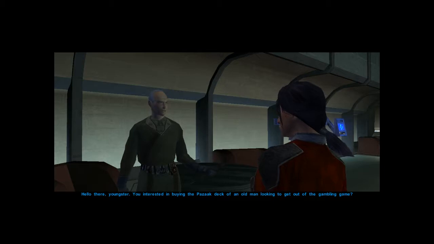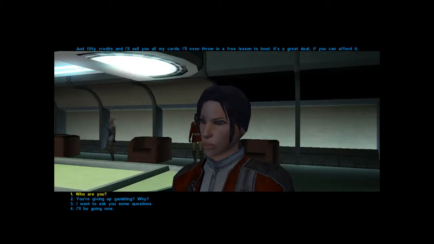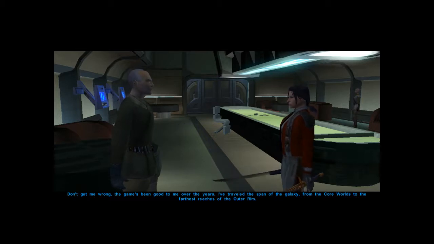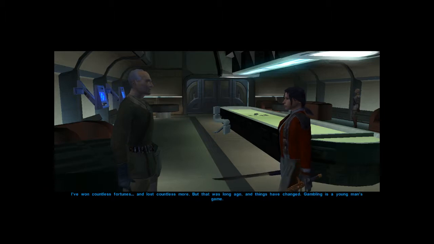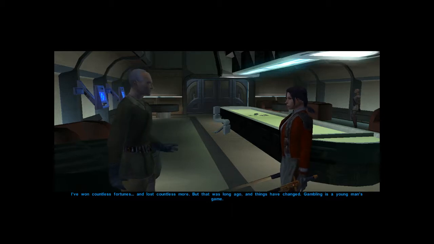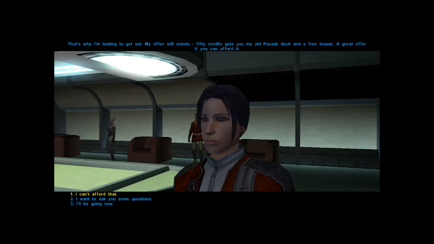Hello there, youngster. You interested in buying the Pazak deck of an old man looking to get out of the gambling game? Just 50 credits and I'll sell you all my cards. I'll even throw in a free lesson to boot. It's a great deal, if you can afford it. I don't think we can afford it, unfortunately. Don't get me wrong. The game's been good to me over the years. I've traveled the span of the galaxy, from the core worlds to the farthest reaches of the Outer Rim. I've won countless fortunes, and lost countless more. But that was long ago, and things have changed. Gambling is a young man's game. That's why I'm looking to get out. My offer still...